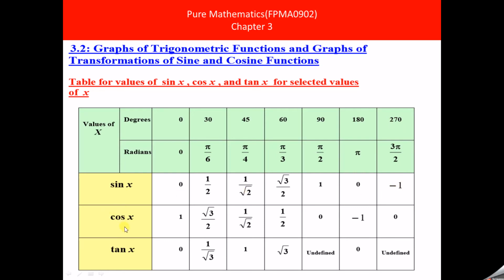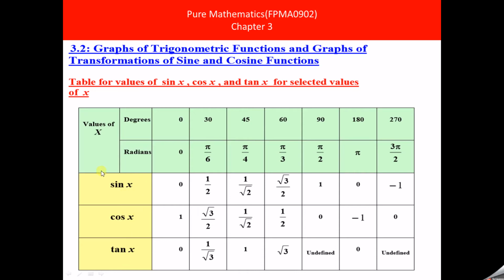In the same way, cosine values are these for different angles. So angles you can take in degrees or in radians. While you are using a calculator, you have to keep the calculator in that particular mode. If you are using degrees, you have to keep your calculator in degrees mode. If you are using the angle in radians, you have to keep the calculator in radians mode. Then you can find these trigonometric values of the functions sin x, cosine x as well as tan x.